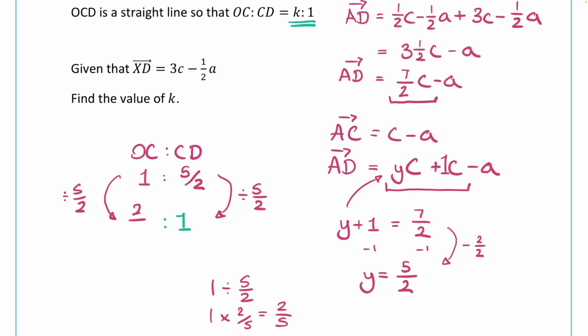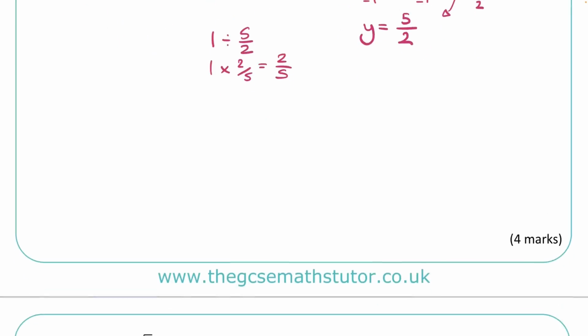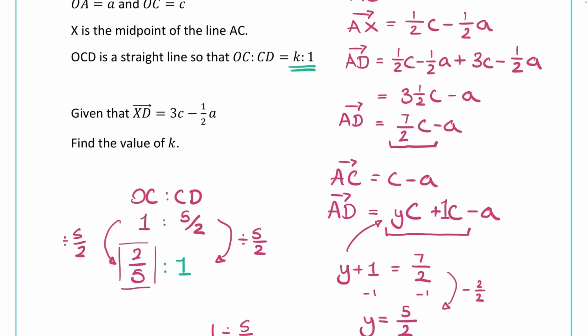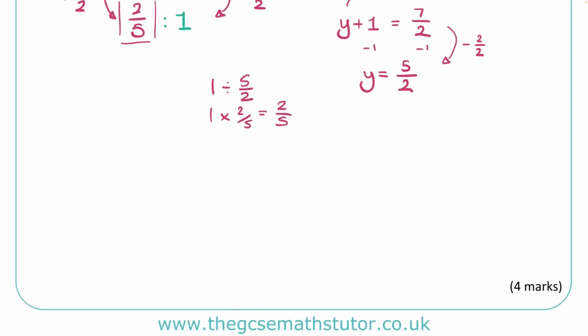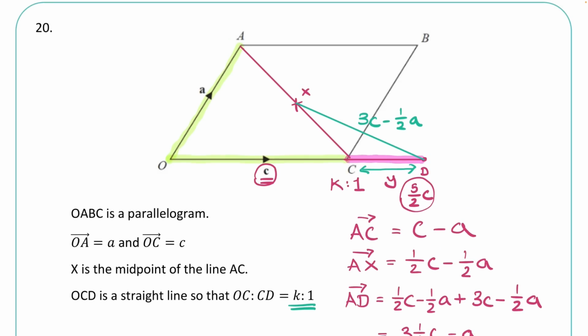So there we go. Our value of K is 2 over 5, and that's our final answer there. We would say k equals 2 over 5, and that would be the final answer to this question, k equals 2/5. So quite a tricky question there, because even if you are good at finding the missing vectors, there's quite